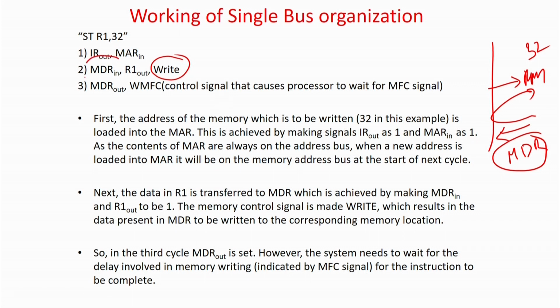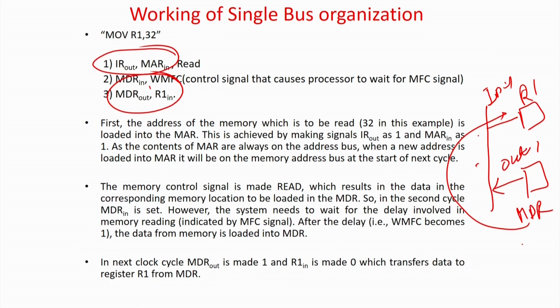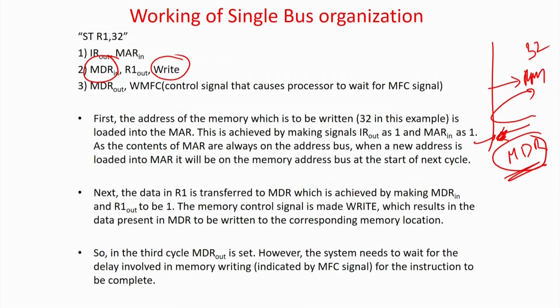So, MDR in will be equal to 1. Now the memory data register has to read, because it will read something from the register R1 and that has to be dumped to the memory. In the previous case also, memory data register in was 1. Again, as I was telling you, the first micro instruction and the second micro instruction look more or less similar in both the read and write modes,